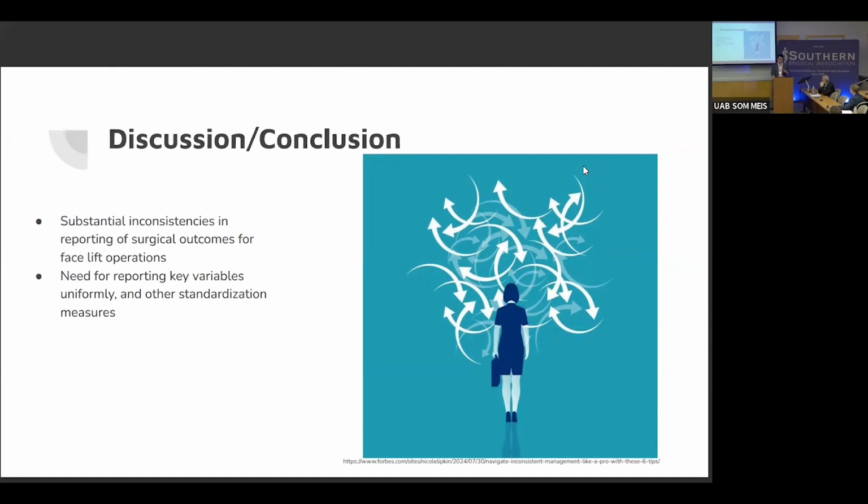So considering that we found there to be many inconsistencies in reporting outcomes, what is the next step, right? Because we've clearly identified there is a problem. So the next step is to work with surgeons and hospitals across the Southeast, and then eventually at a broader scale, to create guidelines for publishing